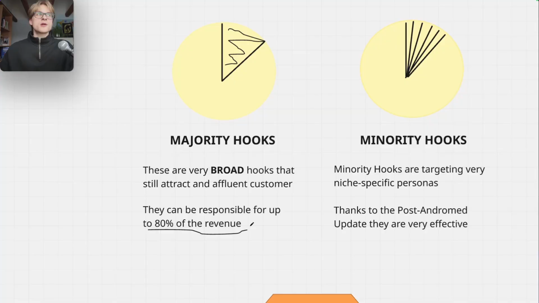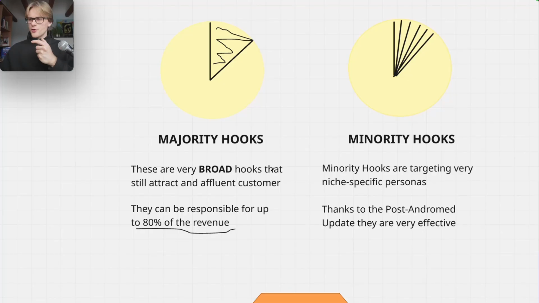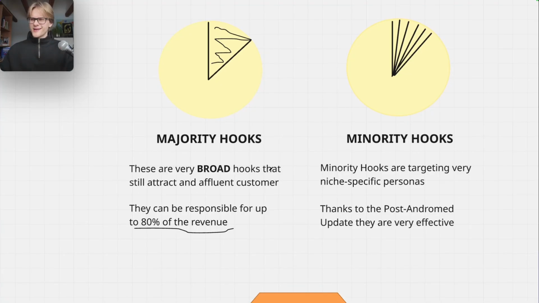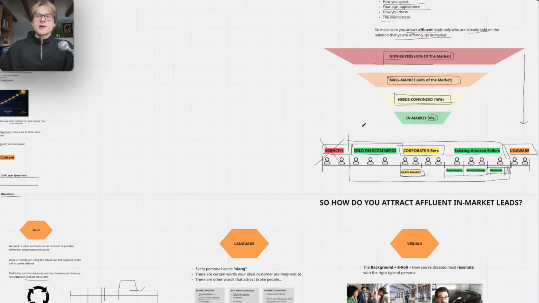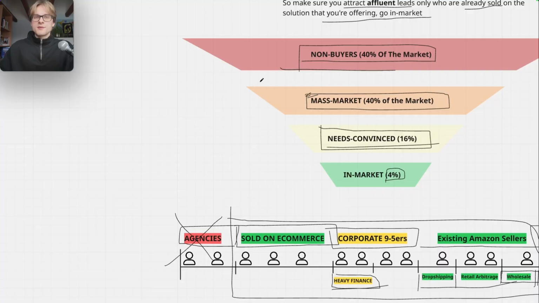One majority hook that we just chose was something like, okay, wars are everywhere right now, right? Obviously because of the war in Iran, and then we just want to say, the wars are everywhere right now, and if you're looking for, and then we go into inflation, and we go into finding skill. It's a very broad hook, right? I wouldn't always necessarily go with these broad hooks right now in the post and remnant section, because this will attract rather mass market people.